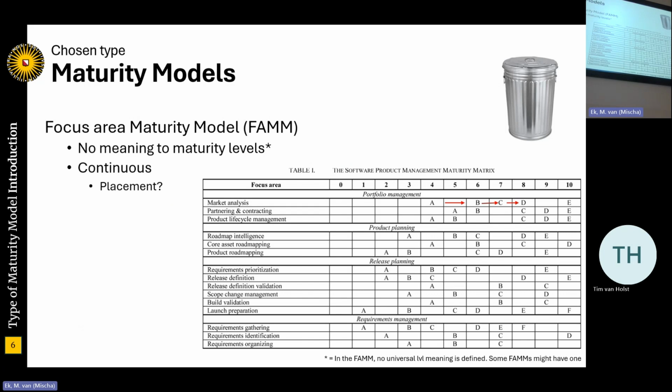Within a specific area, I have to draw a line: have I done all the capabilities in an area to measure the maturity? There are some differences for focus area maturity models, in that each level doesn't have a specific meaning.